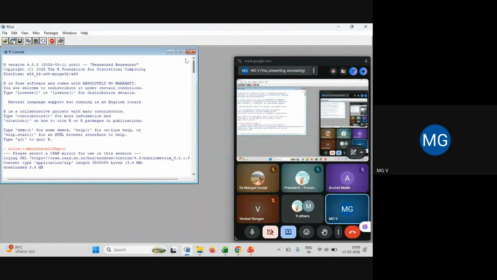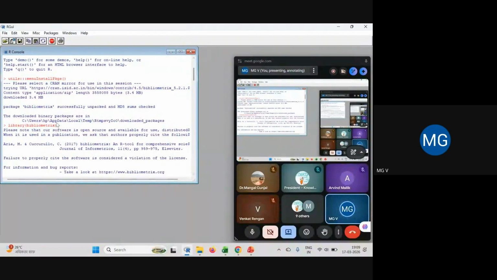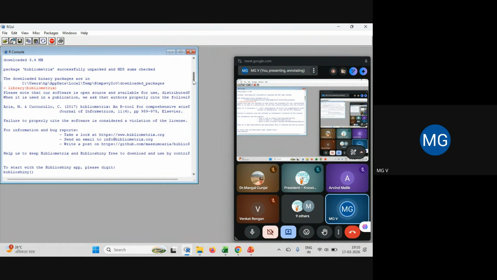Right? So this is the first message you will get, R version 4.5.3, the date of installation. Then I have given other commands like this. When I gave the command library bibliometrics, all these subsequent commands will run.